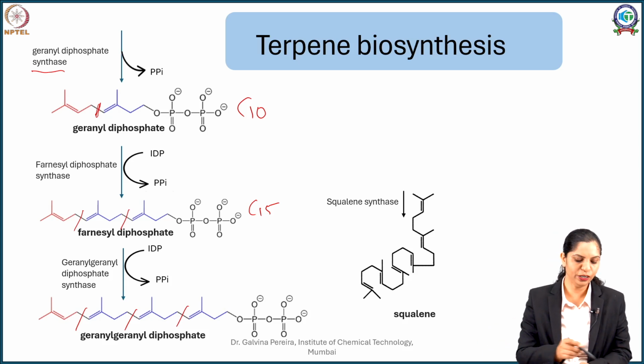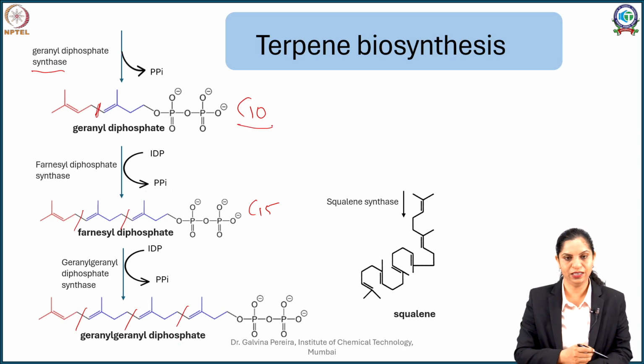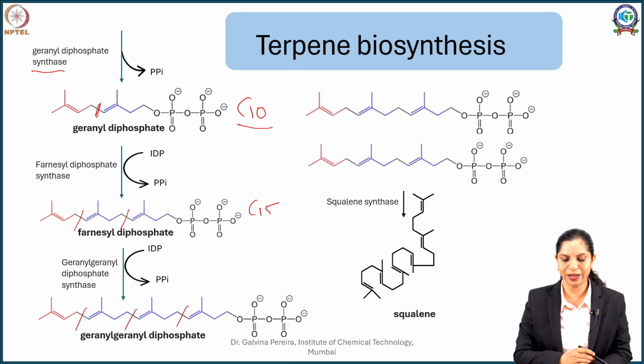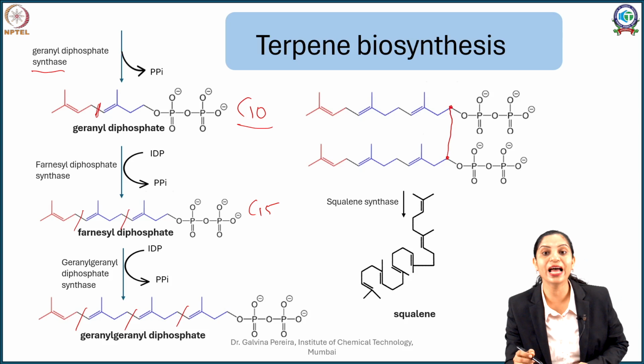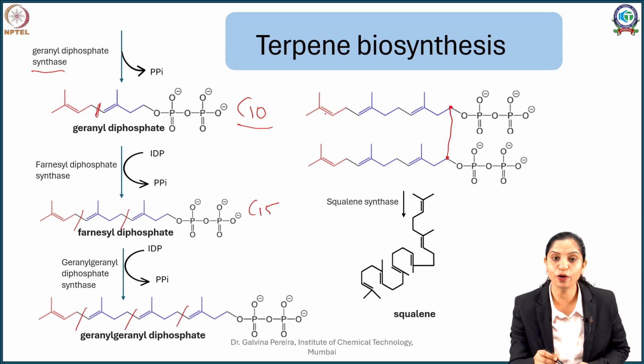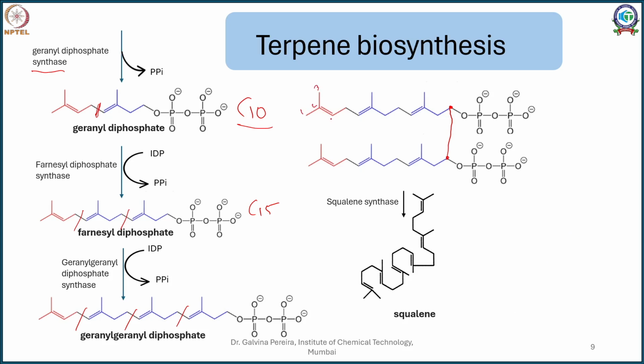So, say for example, your geranyl diphosphate can be a dimer of C10, whereas your farnesyl, that is C15, may dimerize in the following manner. So, I just remove this phosphate and I take this carbon and I attach to this carbon. Now, generally what happens here is we saw previously what is called head to tail condensation, that is we say 1, 2, 3 is head and 4, 5 is tail, which is attached to next head 1, 2, 3, 4, 5. Now, which is attached to next head, which is 1, 2, 3, 4, 5.